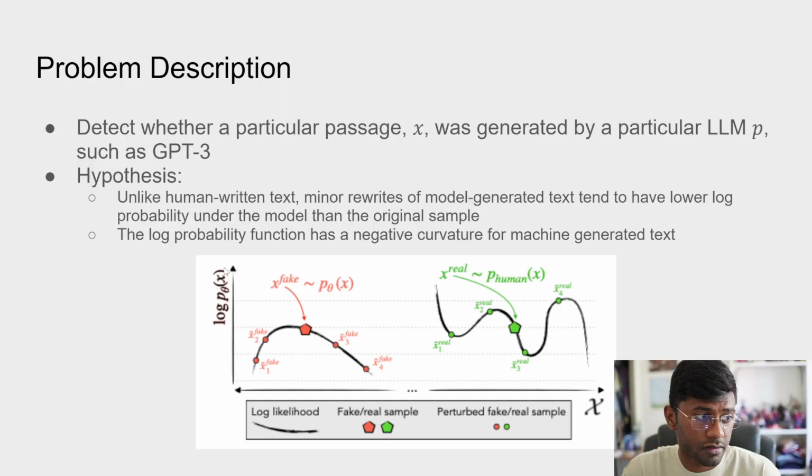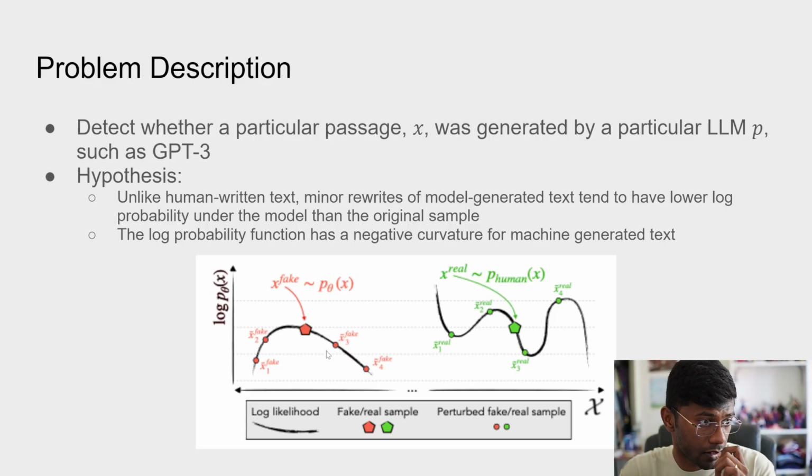So this is the log probability curve for different samples, and the samples in the middle are the fake and real samples, and then we generate a few more samples by applying perturbations on them using a smaller LLM like a T5, and we produce minor rewrites, minor word switches, just change the text a bit, and then we again estimate the log probability against the model and plot it,